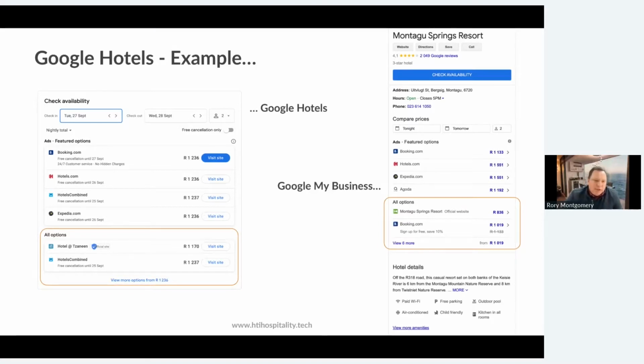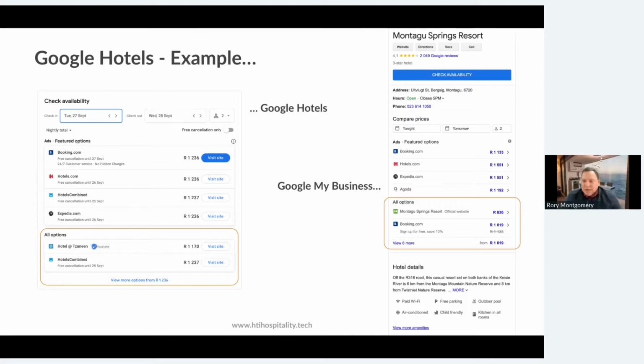So your ads at the top, booking.com, hotels.com, those are paid ads, and that's really where you want to be visible and present. Obviously your rate needs to be competitive, but the ones at the bottom are just what we have at the moment with Google, which is a free booking link.